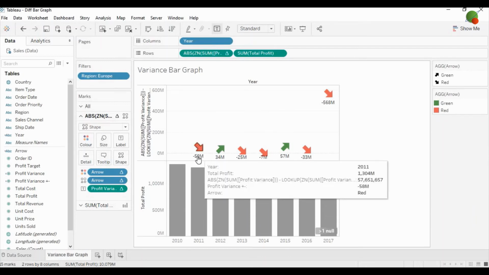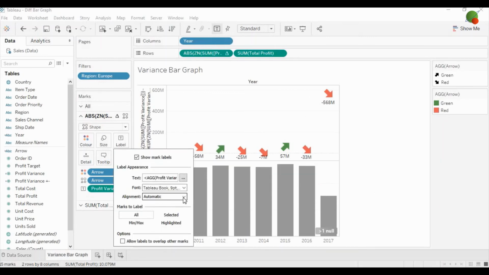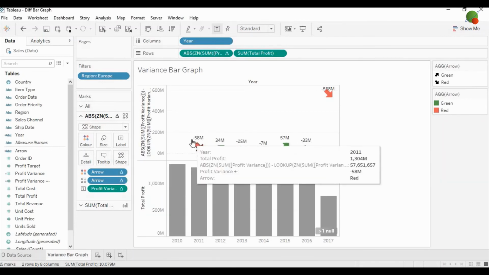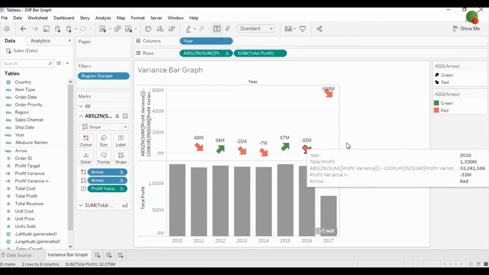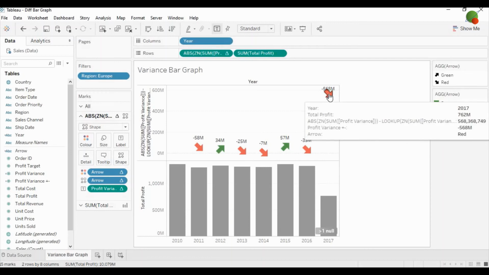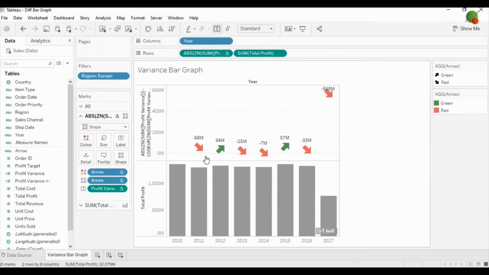Now, these numbers are coming downwards, so we need to put them on the top. So you go to the label, then alignment, and you can click on top, right? So now you can see the data label is showing on the top of each arrow. But here you can see the arrow is coming too far away from this bar. So how can you make these all into one line?